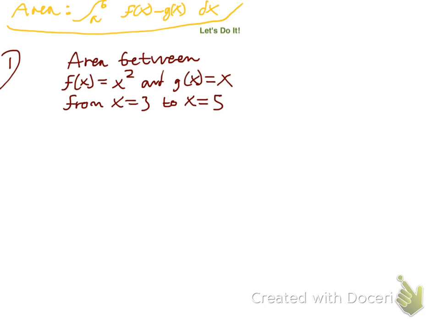Finally, we get to do some example problems for area between two curves. Note that this is signed area, by the way, something that I might have not said in the introductory video. When we're finding area between two curves, we're finding signed area. In other words, when we have an area that is beneath the x-axis, that area will end